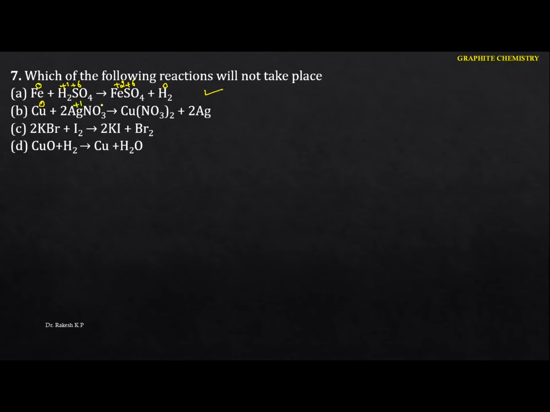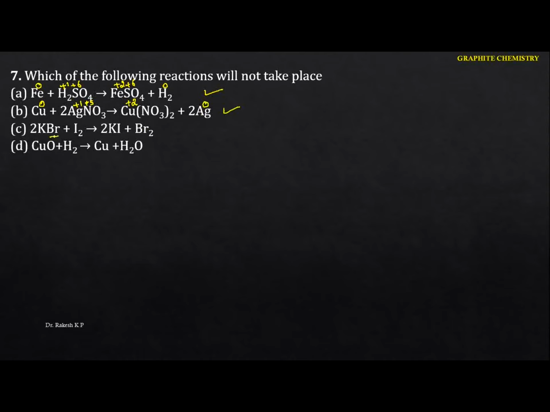Now see the next one here. I'm talking about silver nitrate. In the nitrate, just go to this one, the oxidation state will be +5. And here you are going to get +2. Now just identify the silver: this will be 0. But the nitrogen oxidation state remains the same here. 0 to +2 loses electrons, +1 to 0 gains electrons. That means here the redox reaction is possible.